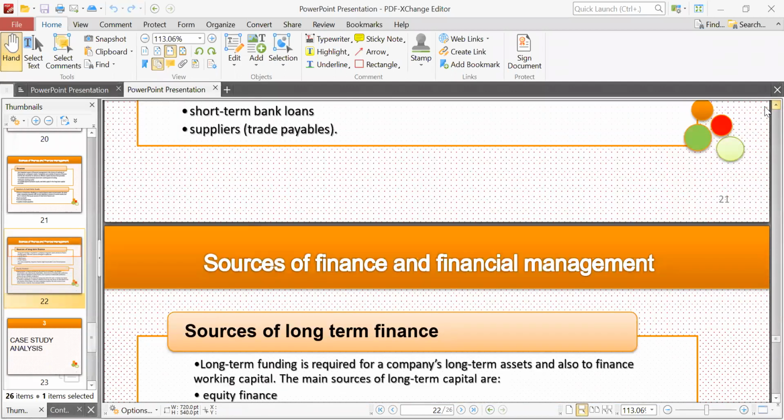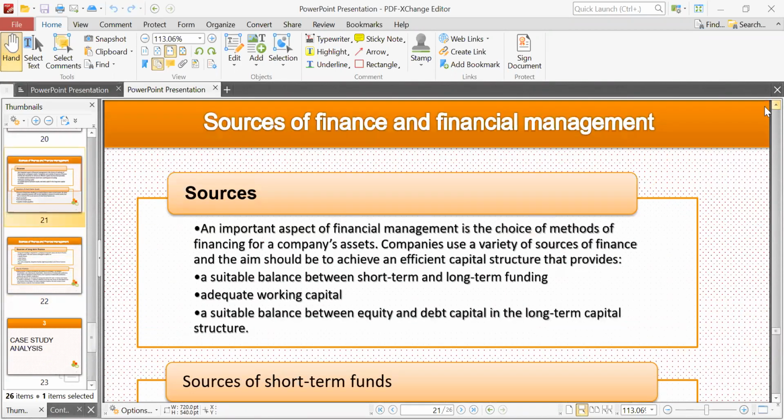Anytime you face a case where they are telling you about financing, always try to differentiate between short-term finance and long-term finance and know which would be a better fit for the company, right? In the case we looked at the last time, they were considering options. And in those considerations, if you've understood your sources of finance properly, you can recommend an appropriate source of finance for them.